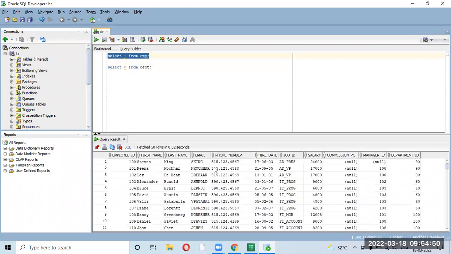What's job ID? Job ID is some new string. So department name, I think we were matching with. Okay, so if you try to match job ID with department name, both are string, it will match. But you can see this is completely different data and that is completely different kind of data. The functionality is different, so it will never match, and you will get no output of it.